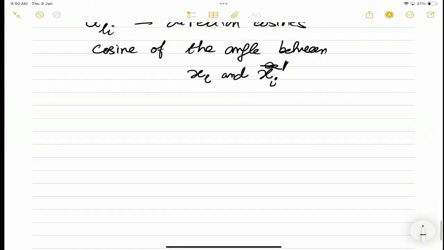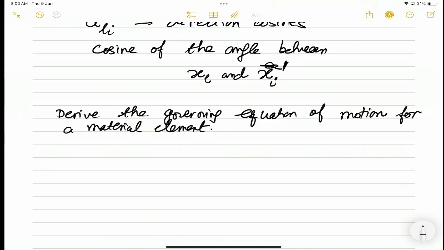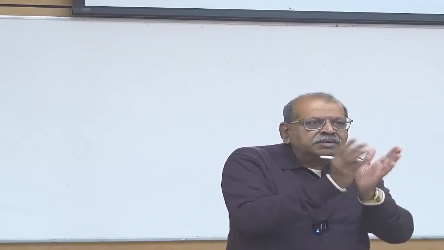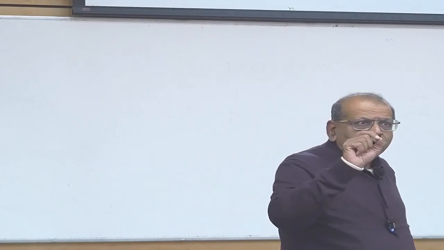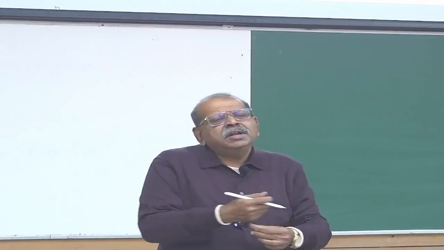Now, let me derive. Since so far this definition and the way I have defined this stress, other than calling it sigma and tau, this whole thing is valid for solids as well as fluids. A stress component, what we have talked about, is the same in a fluid element as well as in a solid element. So I have not made any differentiation between a solid and a fluid, other than a small thing